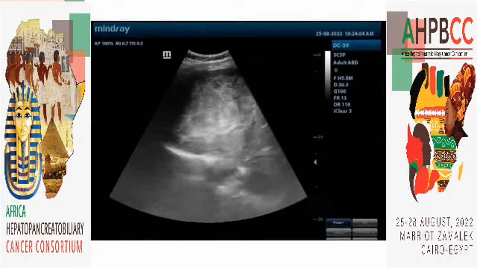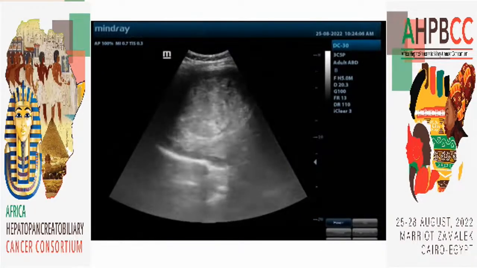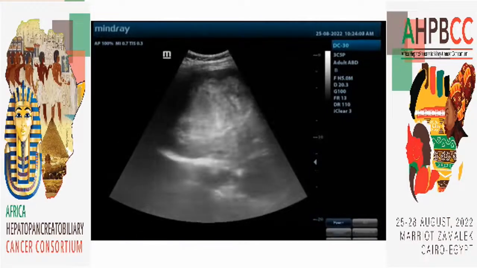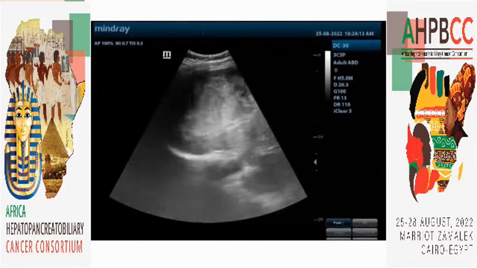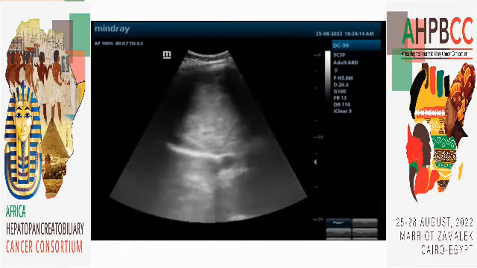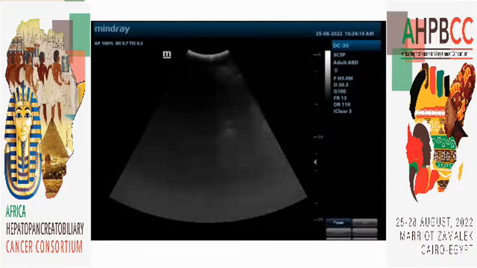Good. So what else? Then the relation with major vessels and surrounding structures. It's important, very important, because sometimes you might have a lesion and extend